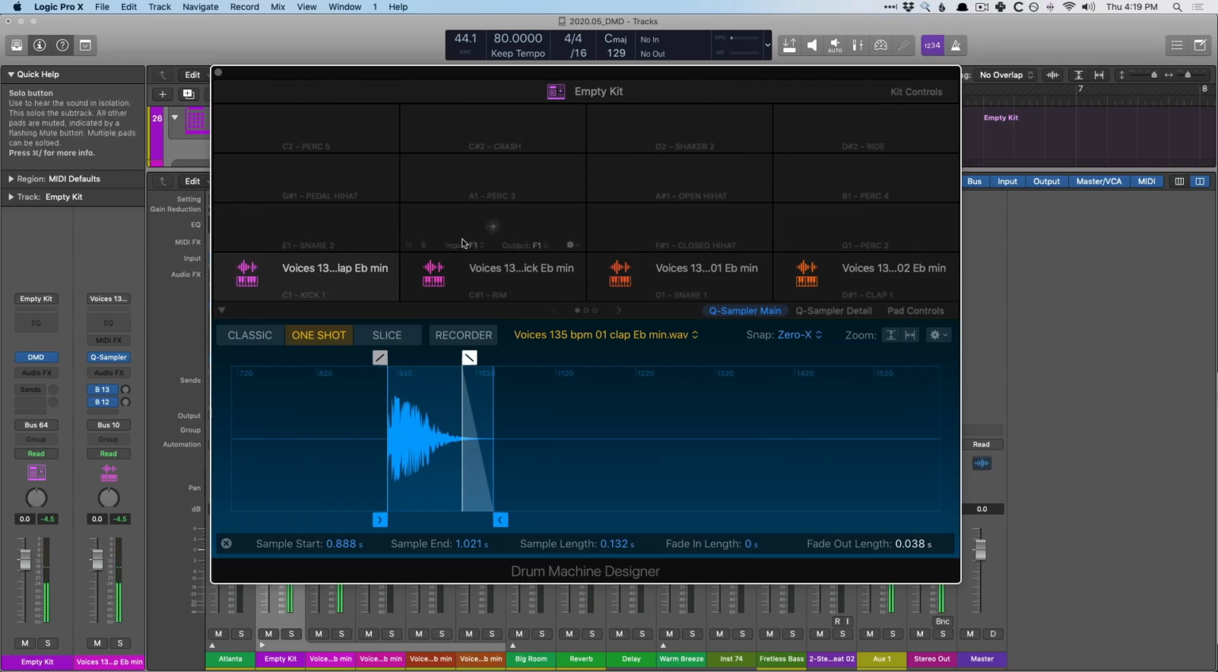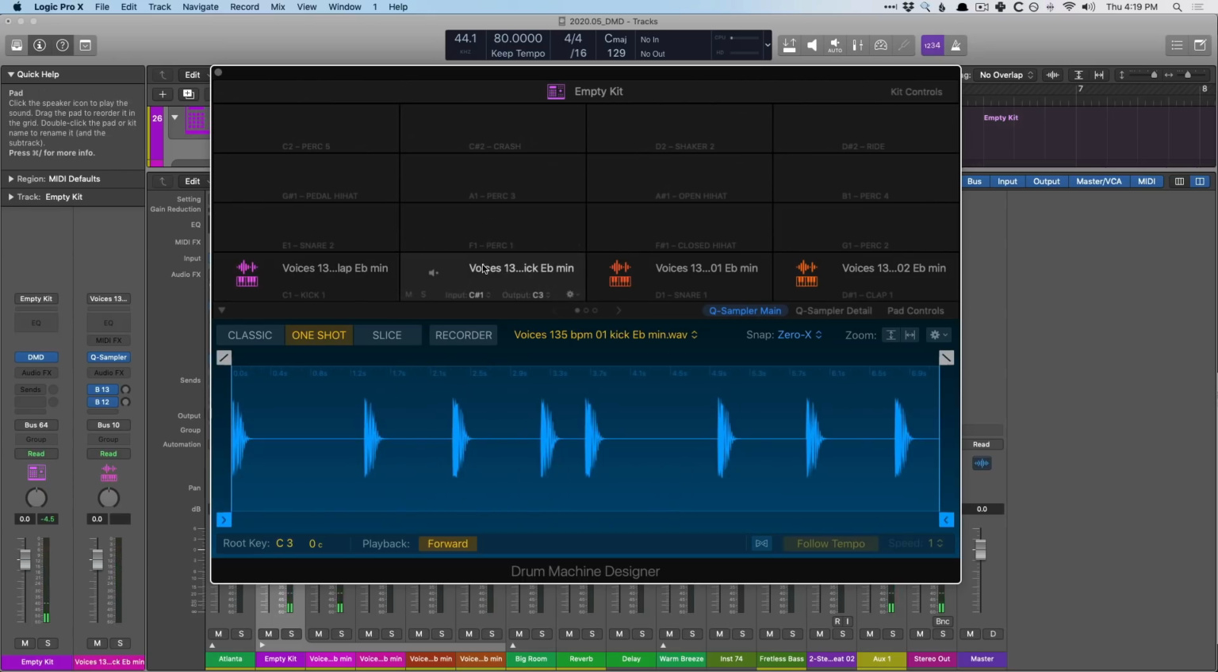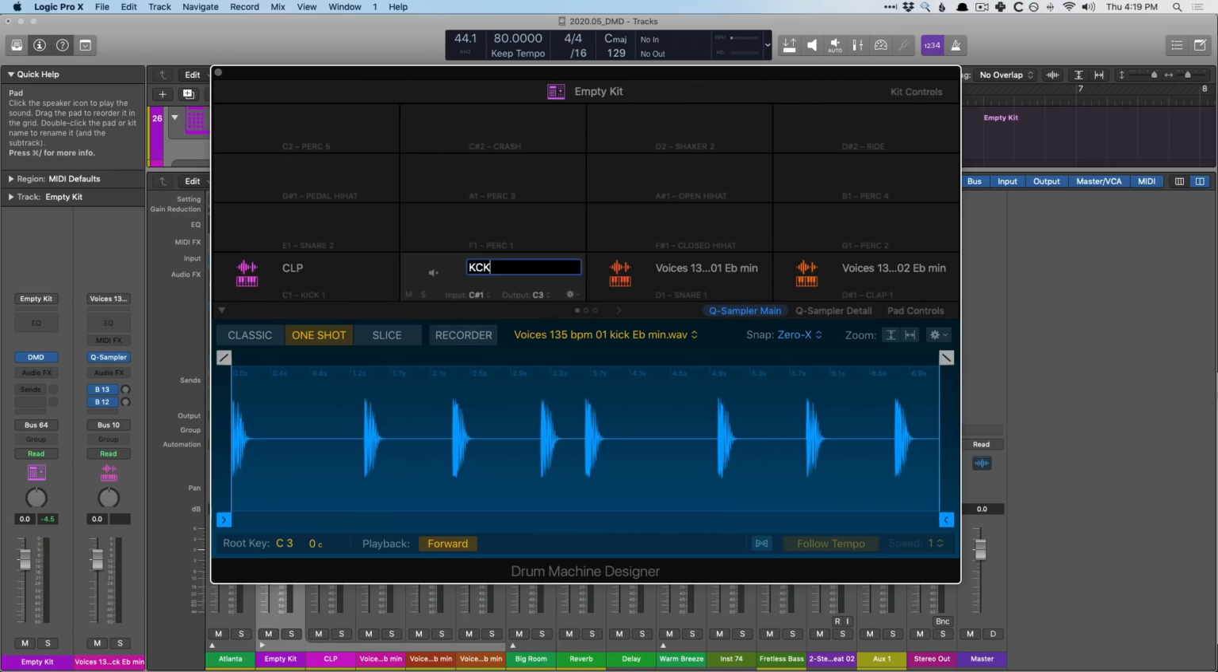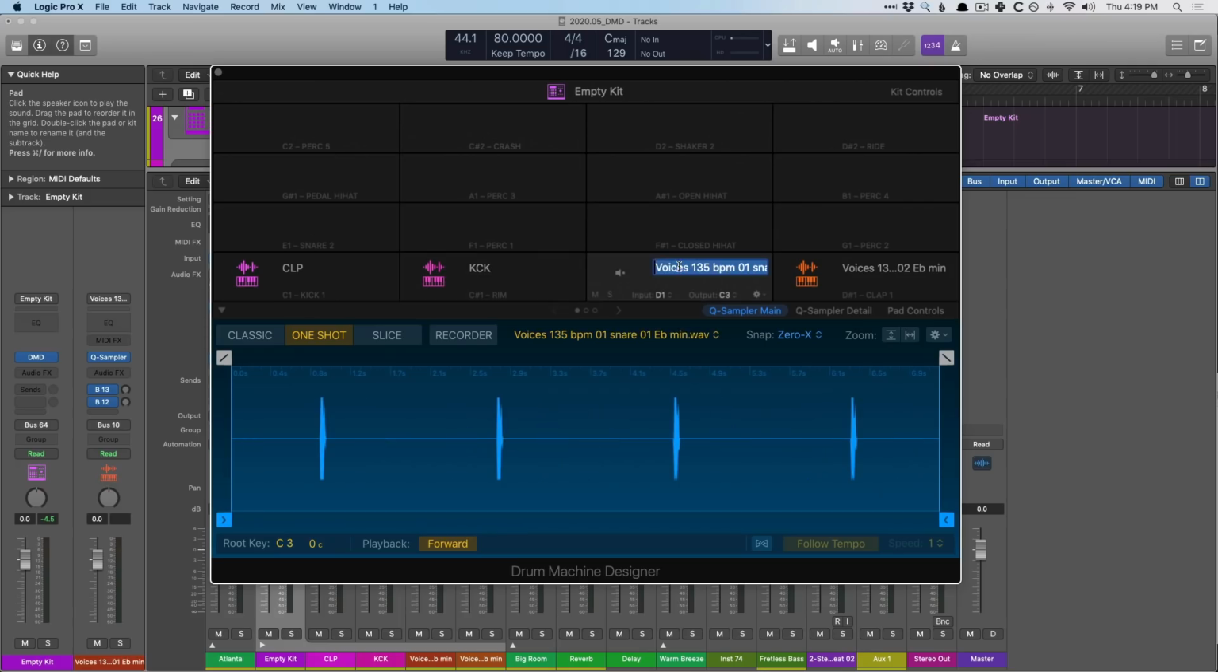So that's our clap. We can do the same thing for each of the kick and the snares. Once we've gone through and fine-tuned our samples, let's now rename each pad. Double click, clap, kick, snare 1, and snare 2. Now perhaps these are not in the order that you would prefer for your samples, we can